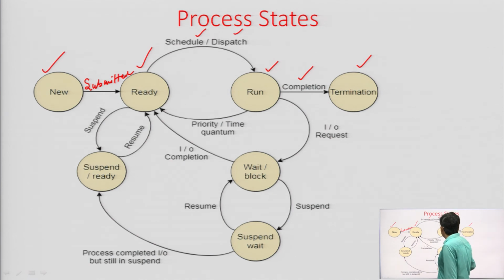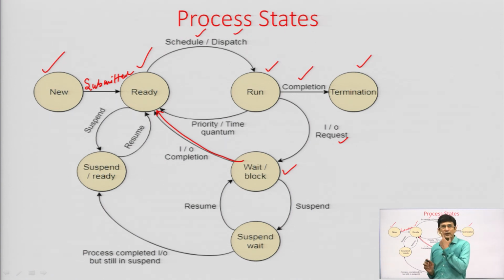Now, let us say the process is at the CPU and the process requires input and output. If the process requires input and output, it is brought from the run state to the waiting state. So, an IO request has come, and according to this we have brought it to the waiting state or the blocked state. When the IO completes, the process is moved to the ready state again. Fine. So, this cycle is continuing: new, ready, run, block, ready, again run, and if required block, then to ready, then to run, and if completed, come to the termination.